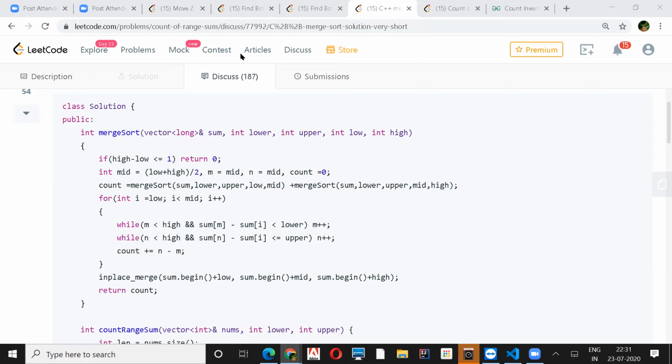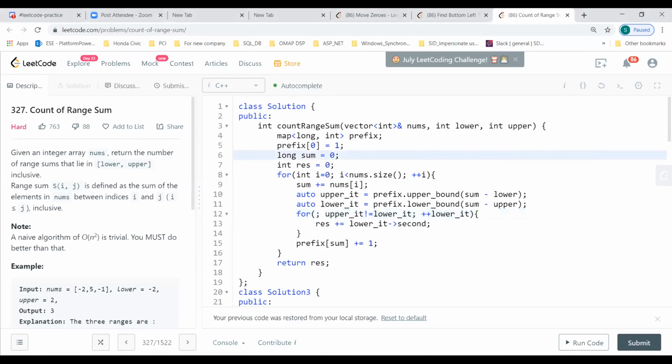Is there another solution that's easier to understand? Does somebody know Fenwick tree and all, because that makes it easier, right? Okay, I just have one small solution, I'll share it, but I'm not sure I'll be able to explain it. Yeah, let's see. Okay, are you able to see my screen? It's loaded. Yeah, got it.